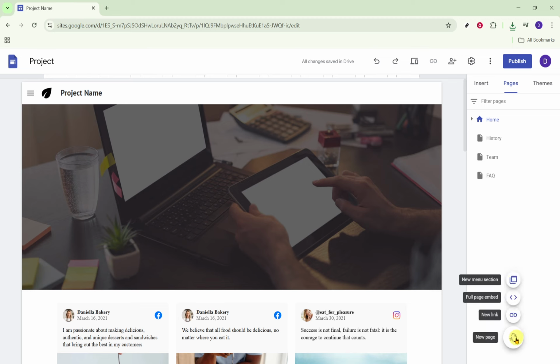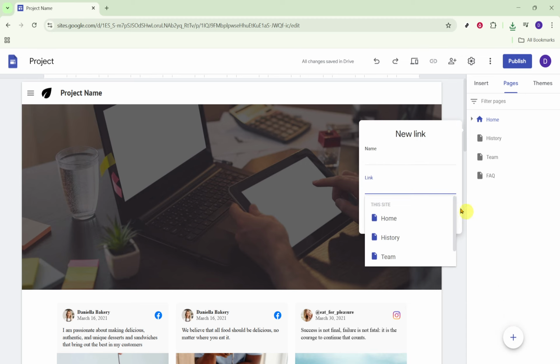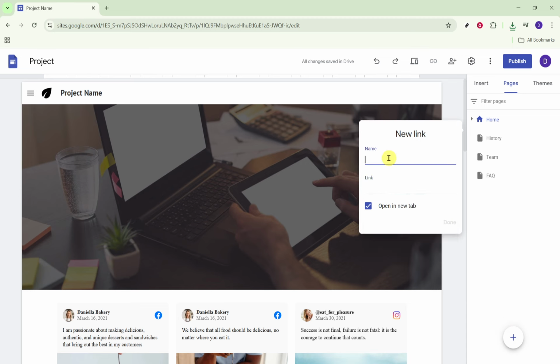From the menu that appears, choose New Link. Selecting this option tells Google Sites you want to add a link entry instead of a brand new page. A dialog opens asking for details. Type